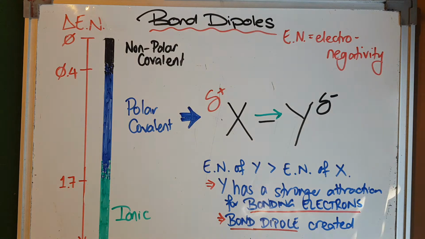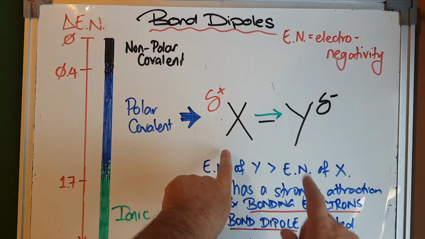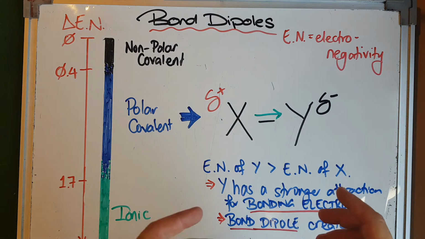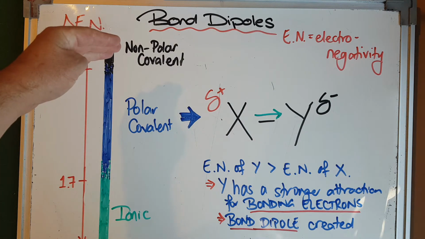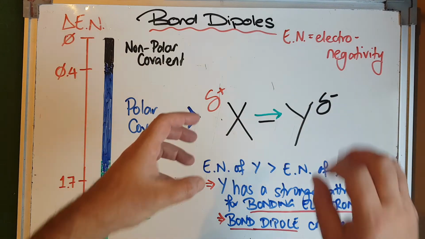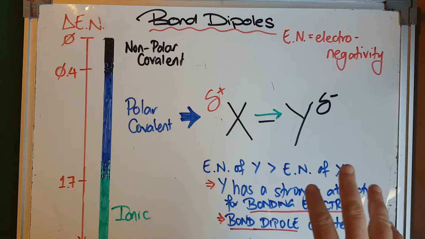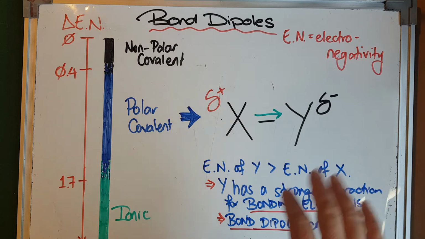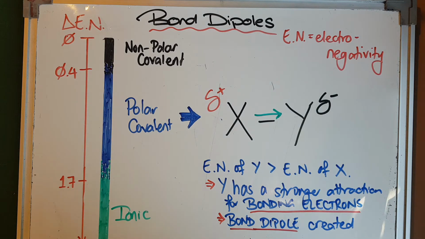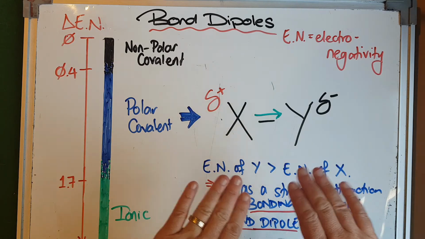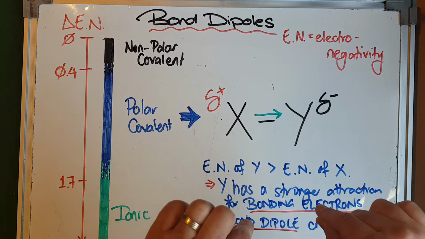The bigger the difference of electronegativity between the two atoms, let's say X and Y, the more the electrons get transferred to the one with the higher electronegativity, or spend more time associated with that atom. If the two atoms, X and Y, have the same electronegativity or very, very similar,